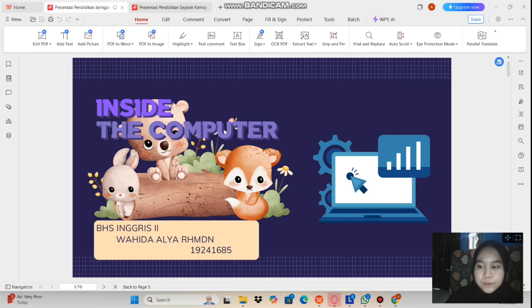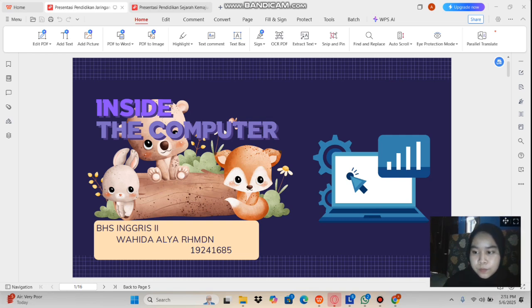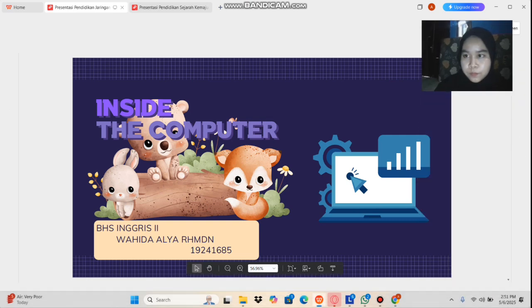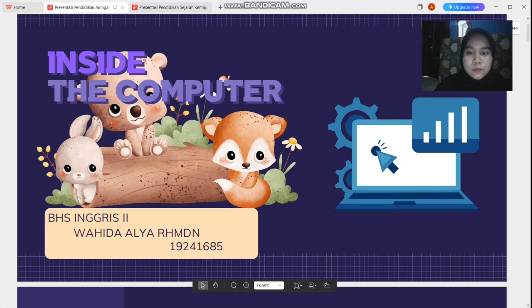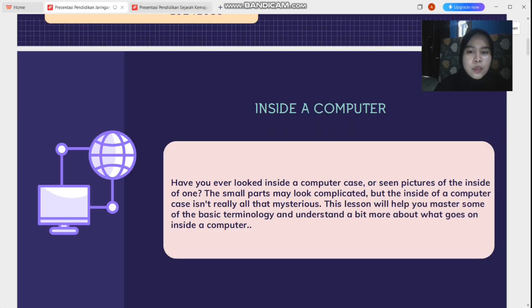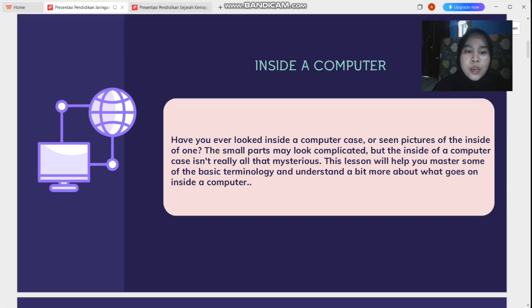Let's get to the first topic: inside a computer. Have you ever looked inside a computer case or seen pictures of the inside of one?